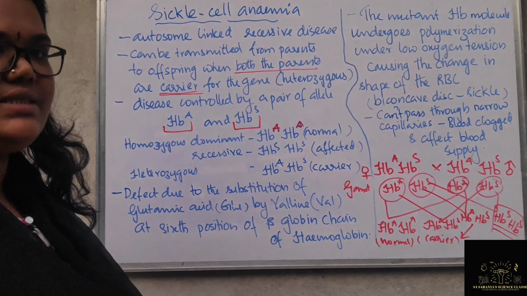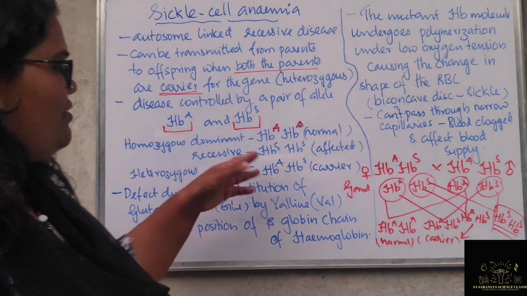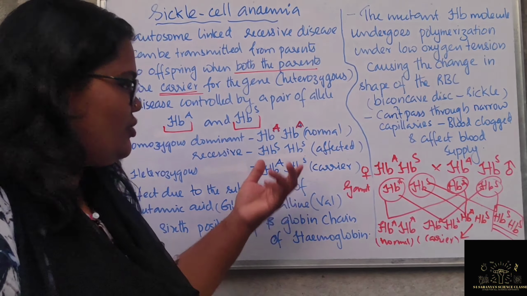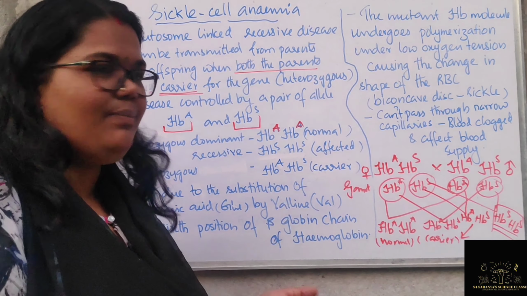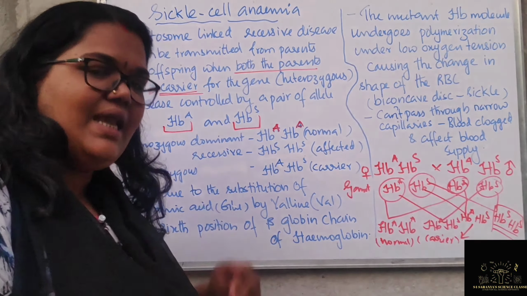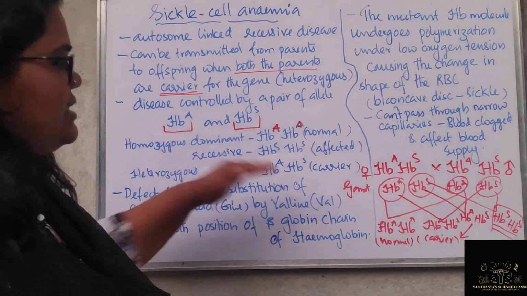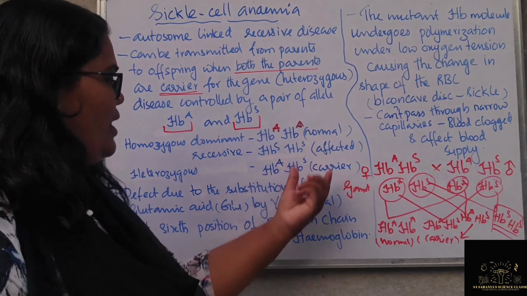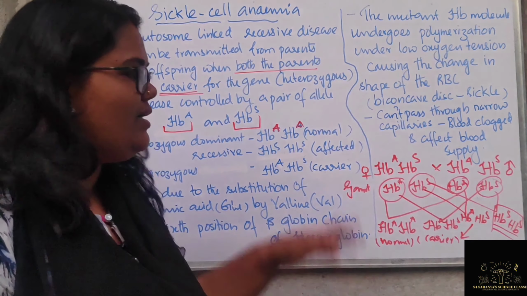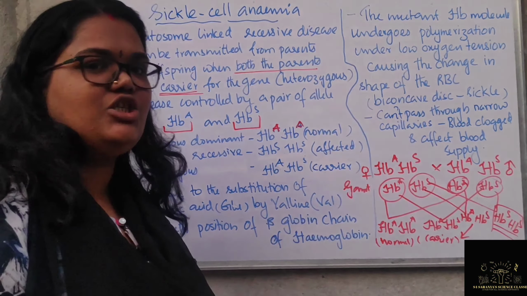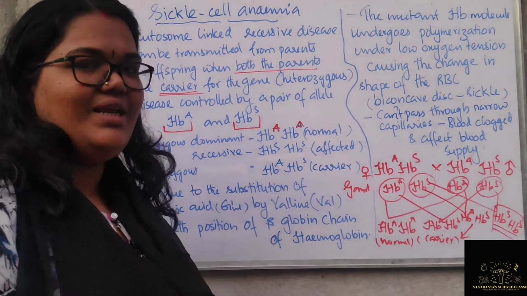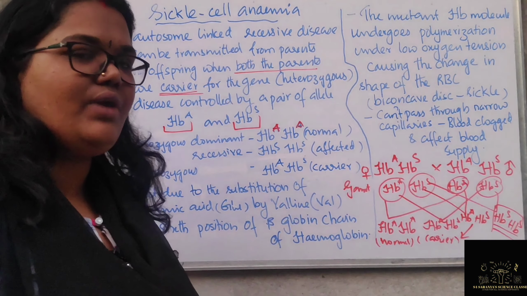What about the heterozygous condition? Heterozygous, you can see that there will be a normal allele and a sickle cell anemic allele, so the person will be acting as a carrier, right? It can be a male or it can be a female. So this is the condition that I told you already. Once a carrier father and carrier mother come together, then only the next generation will have the chances of getting sickle cell anemia. Otherwise, it's very difficult to get the recessive condition together, right?